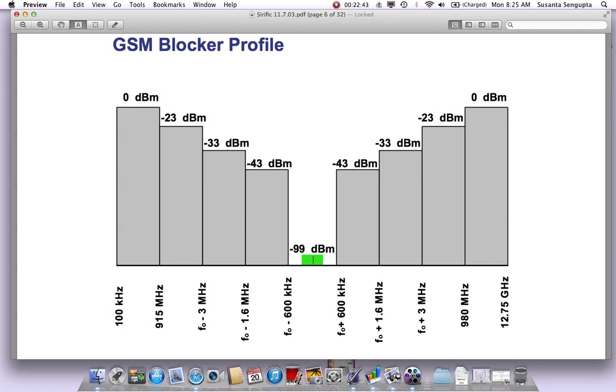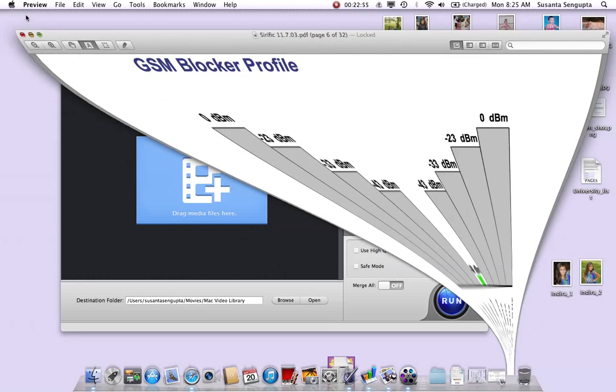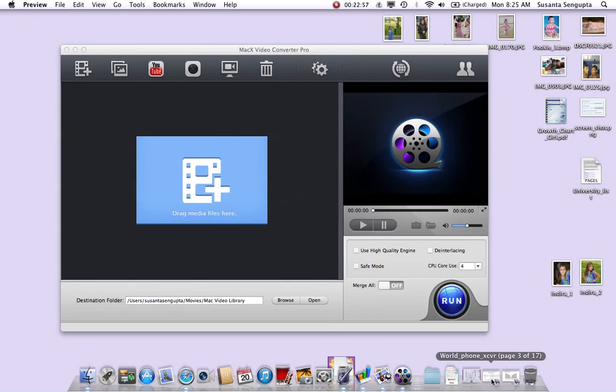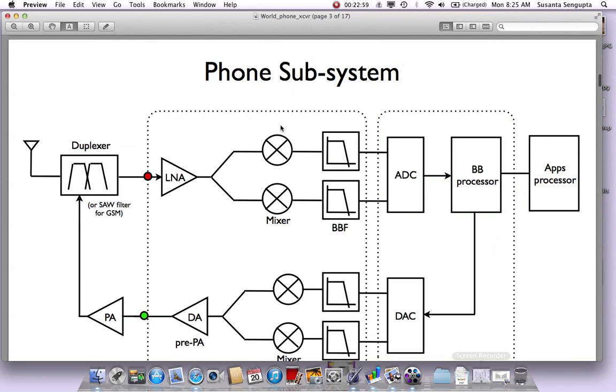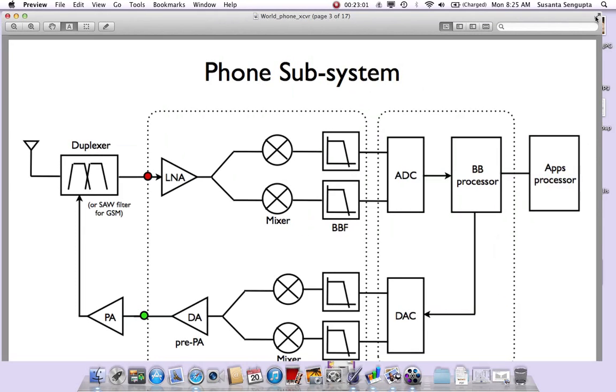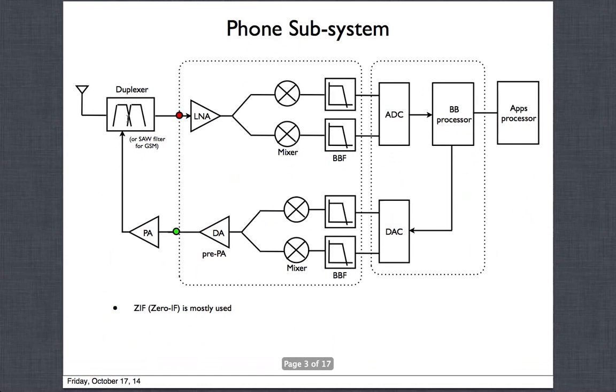Again, the received signal to the possible jammer strength is huge, right? It's almost 110 dB, almost a million times stronger. If we take this thing, where is this one? Okay, here. So if I took that kind of a blocker profile here, and I didn't have this SAW filter, okay, so we're talking about GSM,